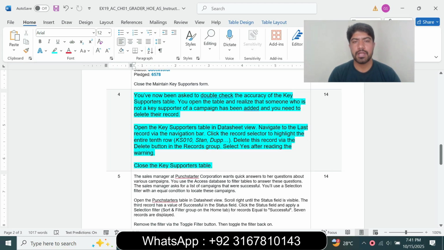You have now been asked to double check the accuracy of the key supporter table. You open the table and realize that someone who is not the supporter in the campaign has edited it. You need to delete the added record. Open the key supporter table datasheet, navigate to the record, and click the selector to highlight the entire